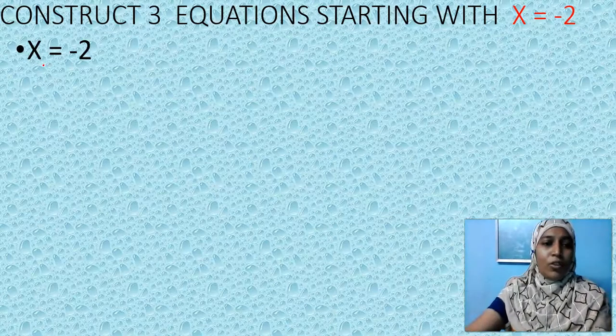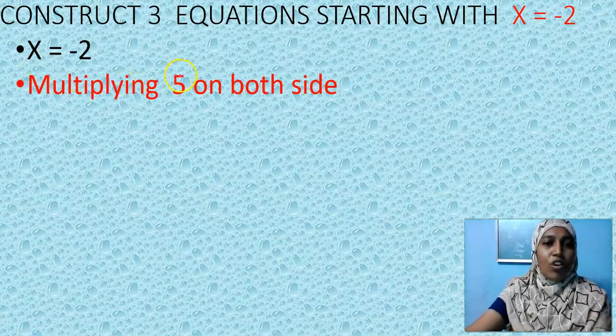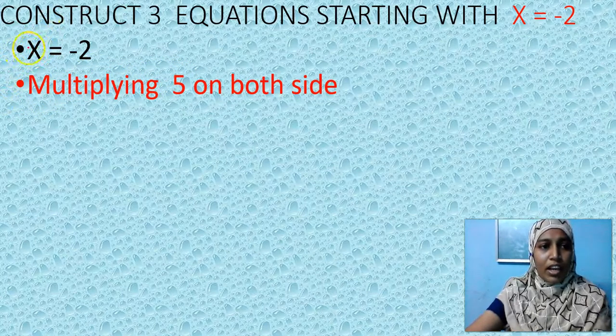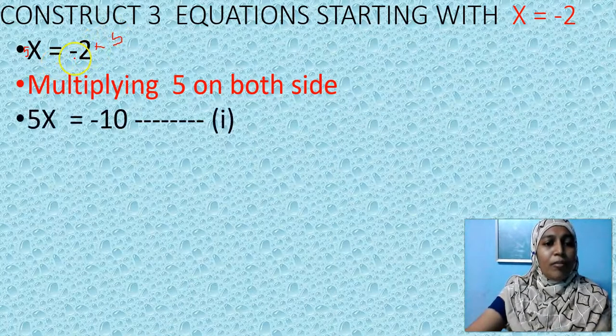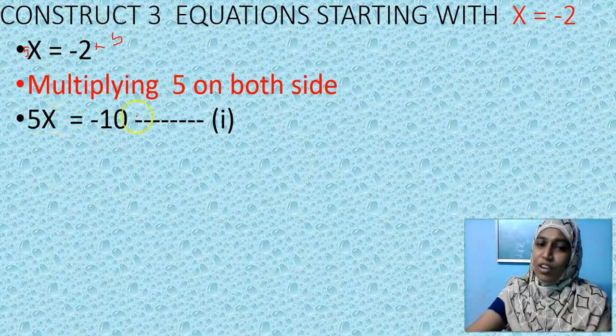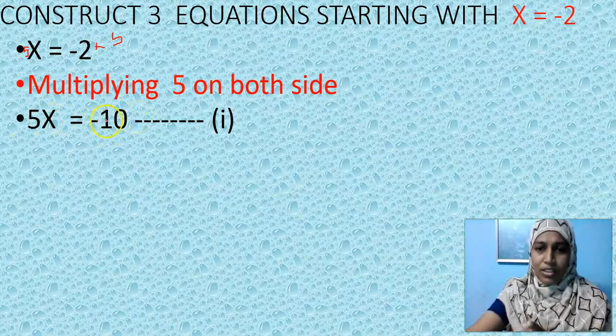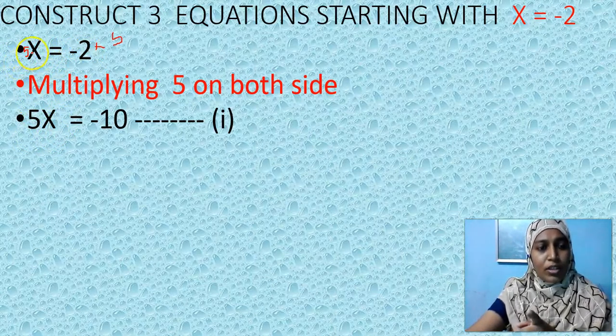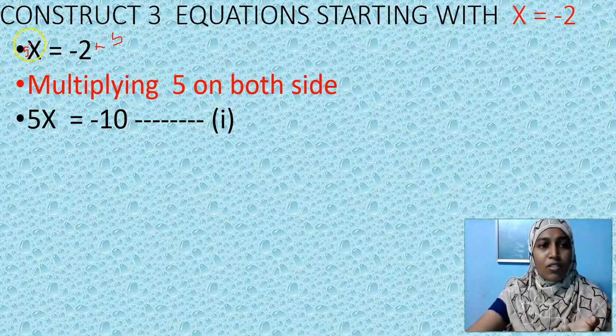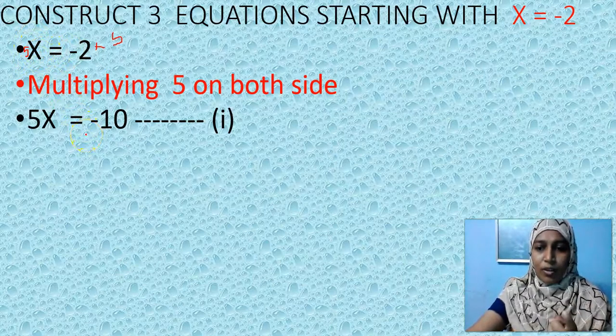Shall we start now? First, I am multiplying by 5 on both sides. So what will I get? I will multiply 5 here and also here. So what will I get? 5x. 5 2s are 10. And this is my first equation. This is an equation. Okay. From this equation, I have got from this solution. This is also an equation, but just because I don't have any other extra content, I say it to be the solution. It's a value for a variable. From this solution, I have got one equation.